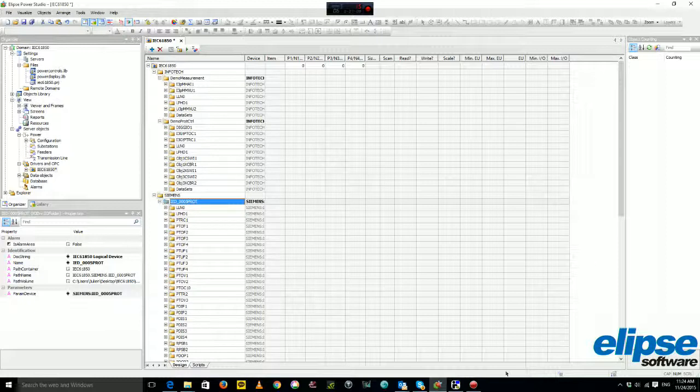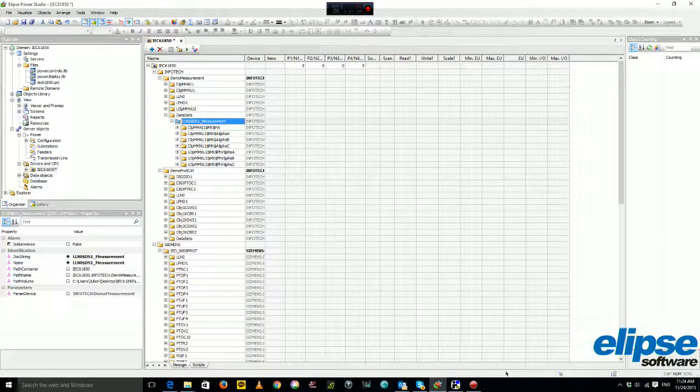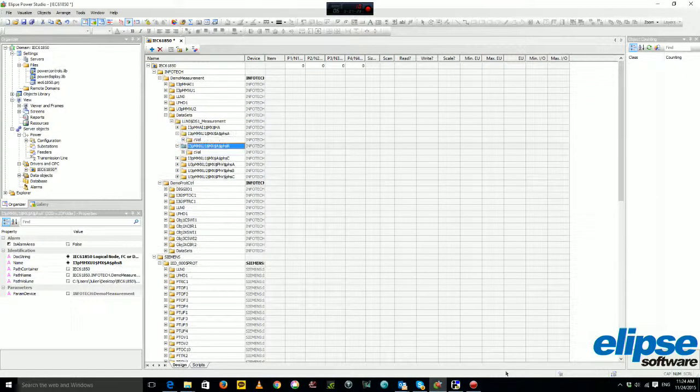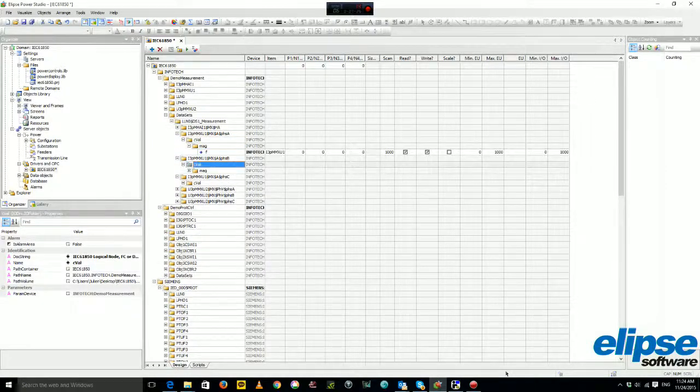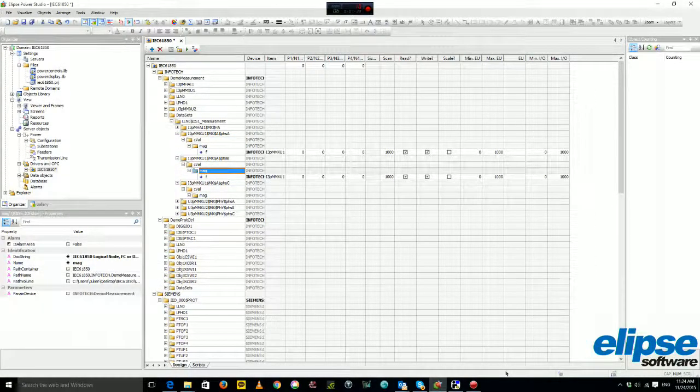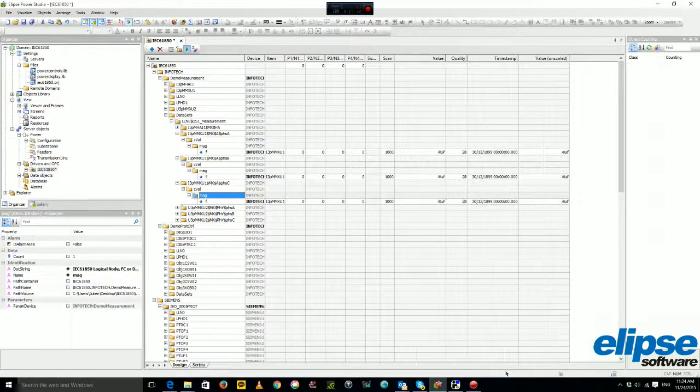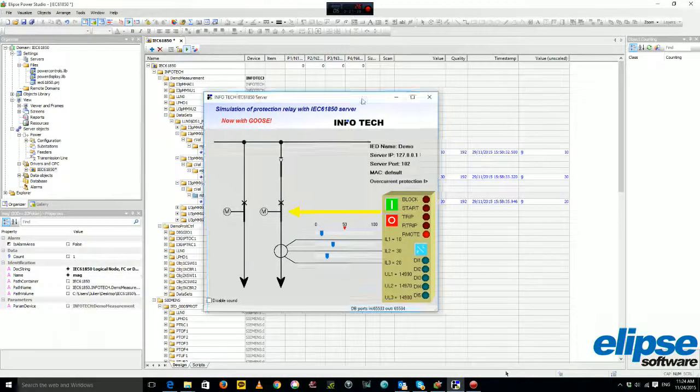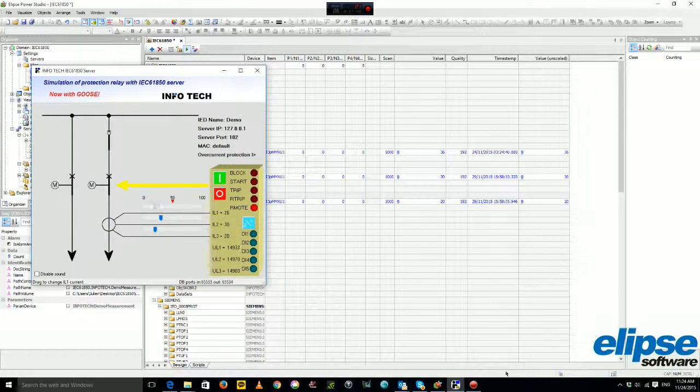So now for the troubleshooting, sometimes it happens that you will not see any activity on a tag. For example, if I go to here, my datasets, and if I check the value here on the three phase, if I activate my driver, I should be able to read data, which is the case, and the value here is the same as the value here. If I change here 17, 34, and 20, they're the same here. If you cannot read anything,